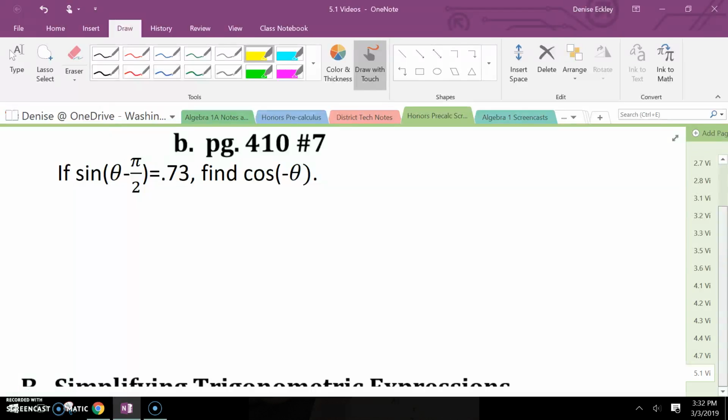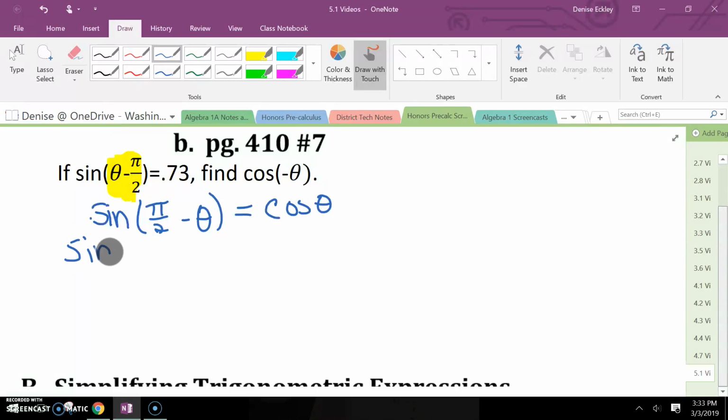So the thing you want to notice is the angle we're talking about with sine, theta minus pi over 2, is in reverse order of what's given for the cofunction identities, which is that sine of pi over 2 minus theta is equal to cosine of theta. So let's work with that. What we have from what's given is we have this backwards. So if we were to write our original in this way,